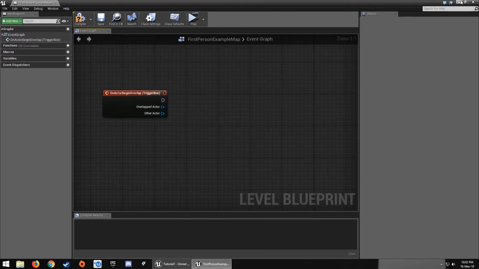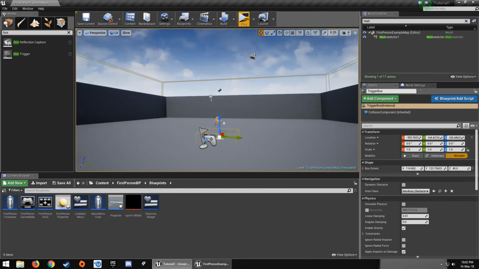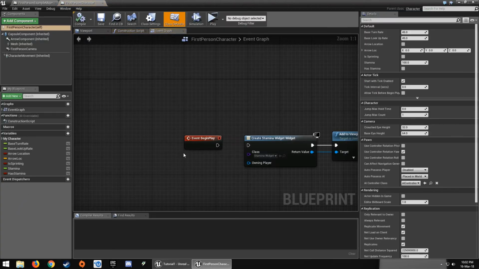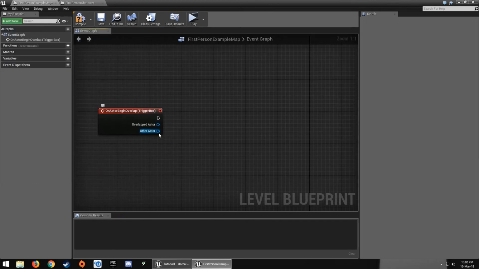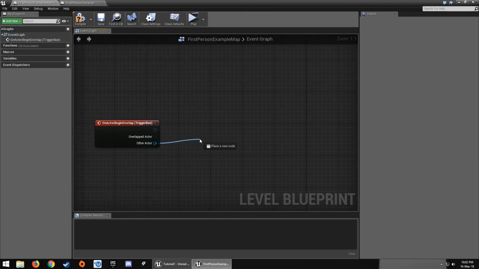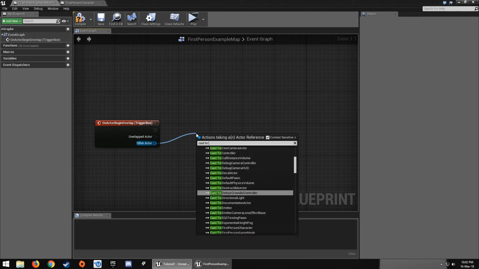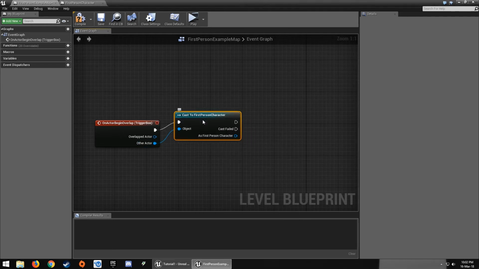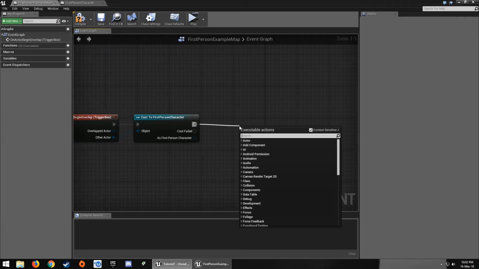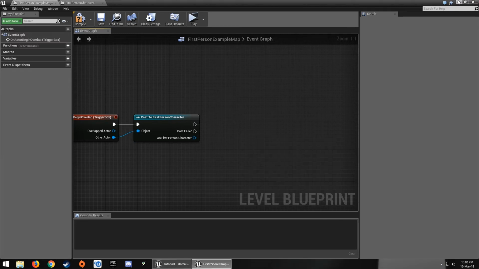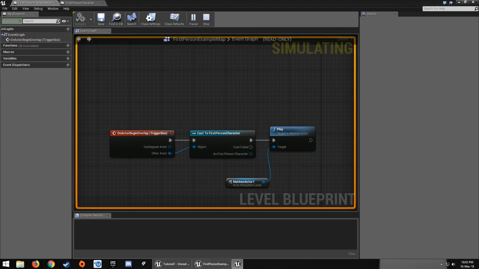So usually I like to set a tag for the pawn for the character that I have, but I don't have one right now. But what you can do is going to pretty much do the same thing. Get on other actor, cast to first person character or whatever your character's name is, then get here a play. Actually, first you need to get the matinee, then type here play, move the matinee actor here, put a play in here, and now